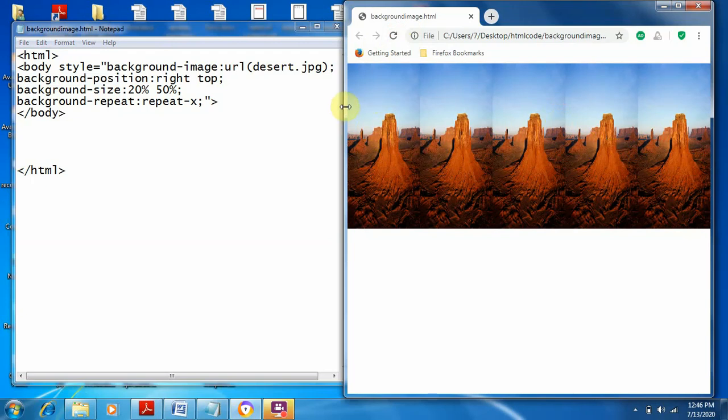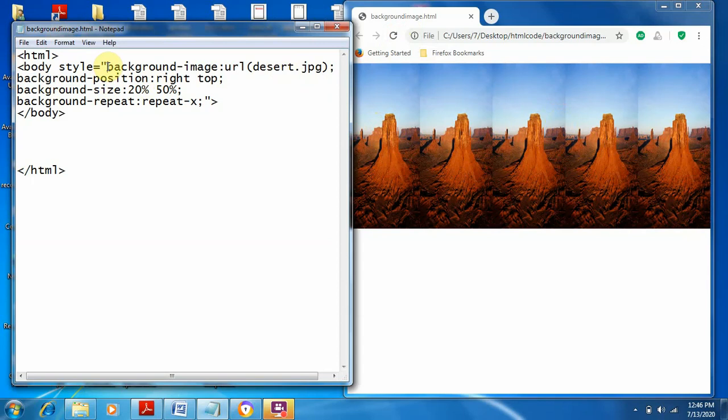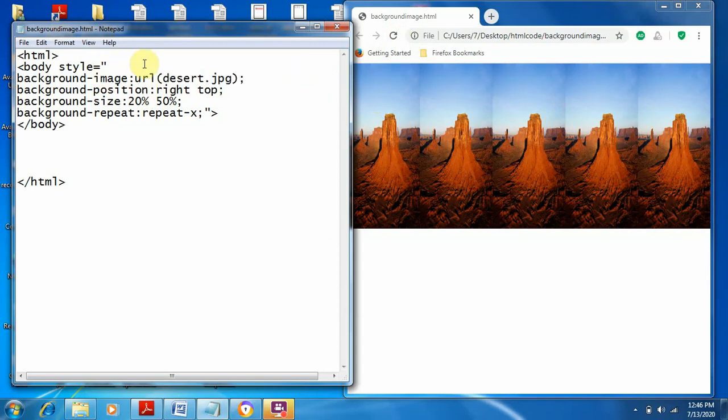Okay, now we can also set the background color. How can we set the background color? Just give here background-color, then colon, then set the value. This is the property, then set the value, it is green.